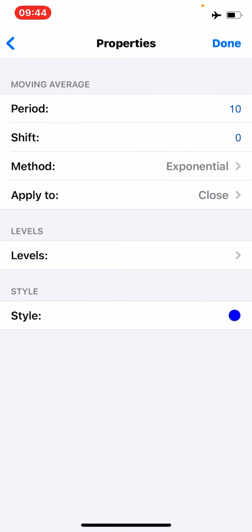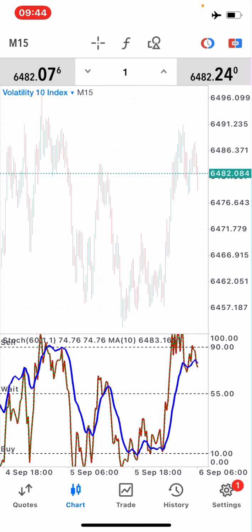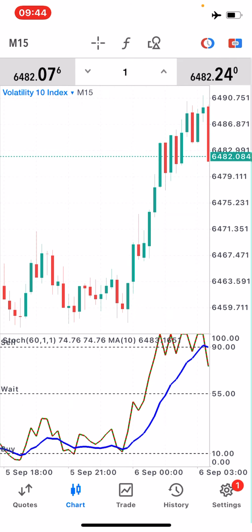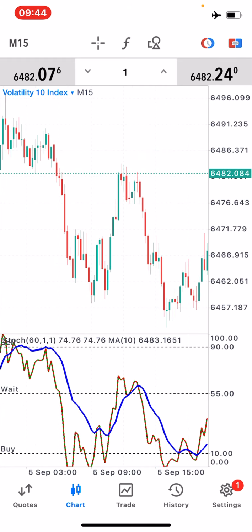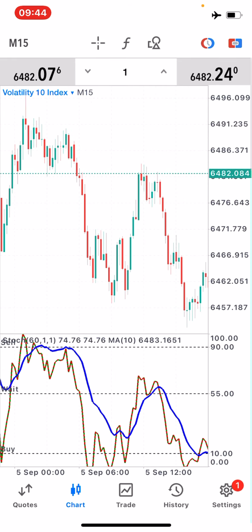So it should be like this. You can write this down, take a screenshot, pause the video, and then once you're done with that, you simply have to click on done. And as you can see, we now have the blue line and our stochastic right at the bottom there. Okay,